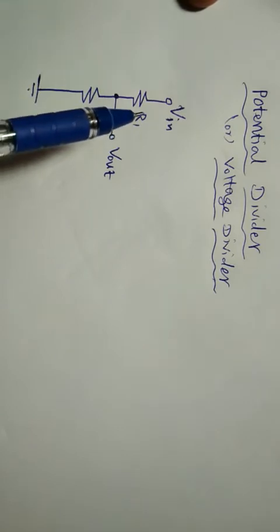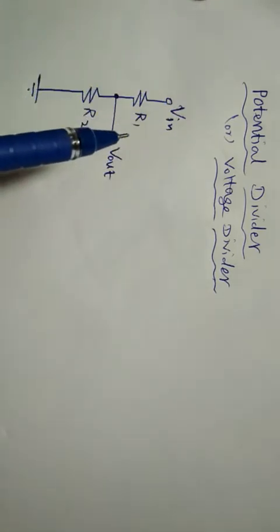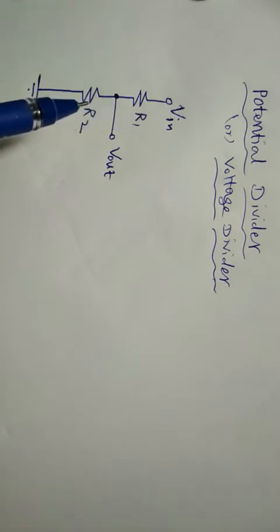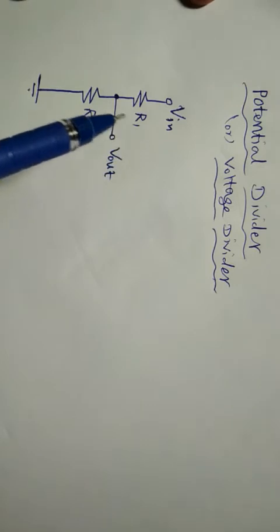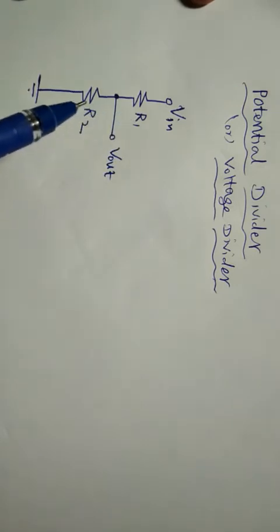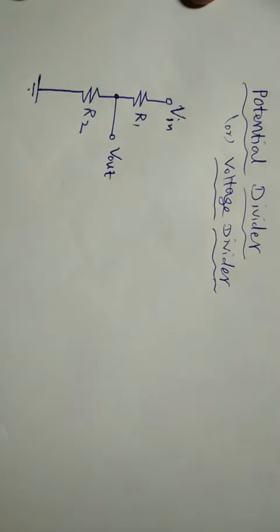In this circuit, the potential divider is constructed with the help of two resistors, R1 and R2. This circuit can also be designed with a resistor and capacitor combination, as well as a capacitor and resistor combination. So resistors and capacitors are used to construct this kind of potential divider.